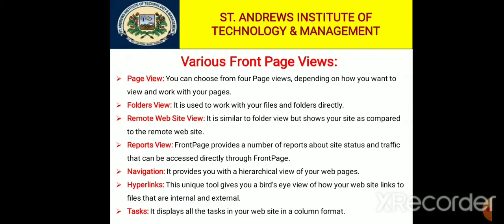The first of the FrontPage views is page view. You can choose from 4 page views depending on how you want to view and work with your pages.